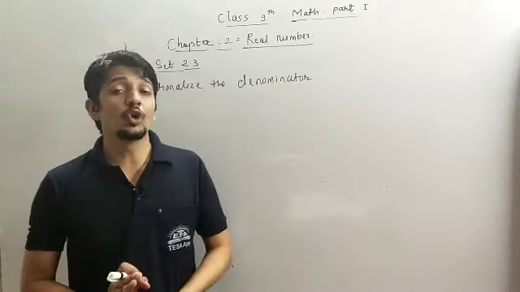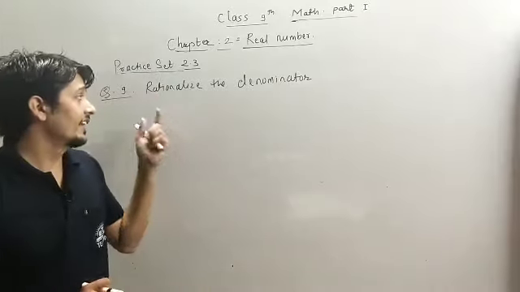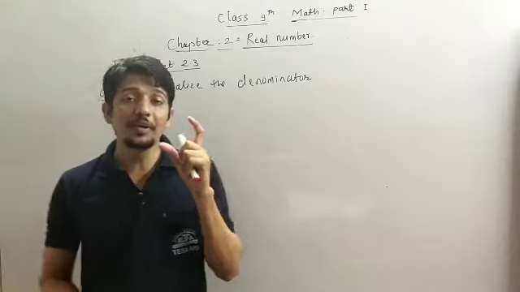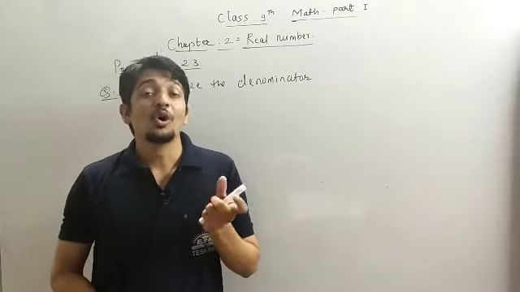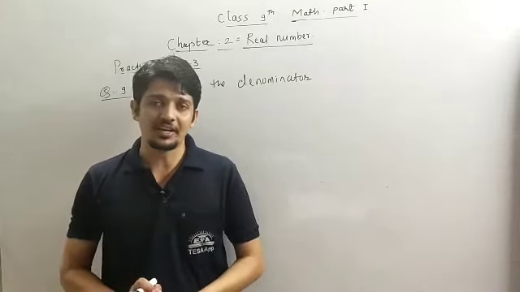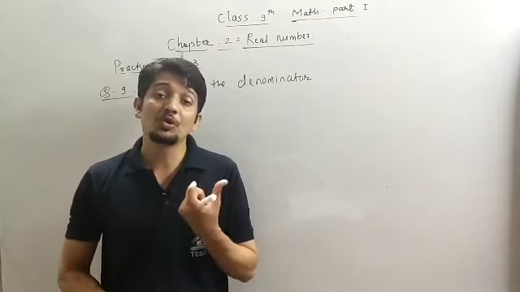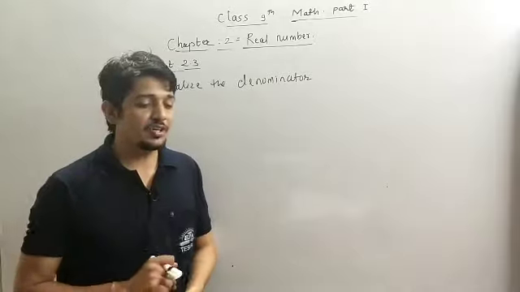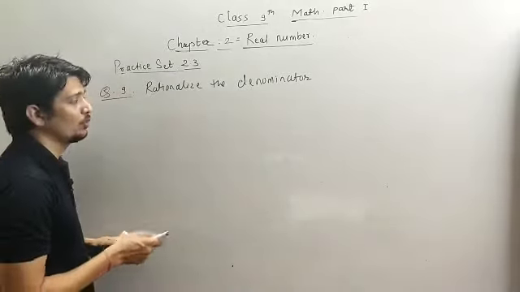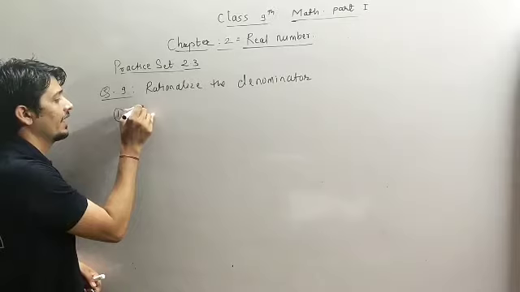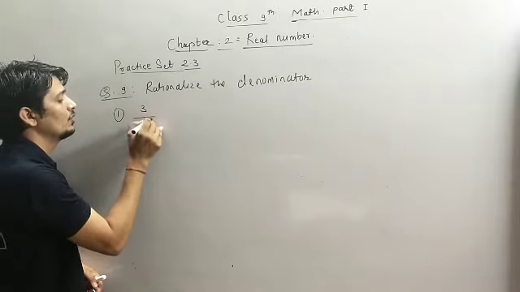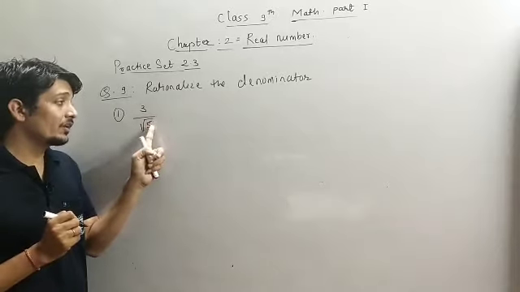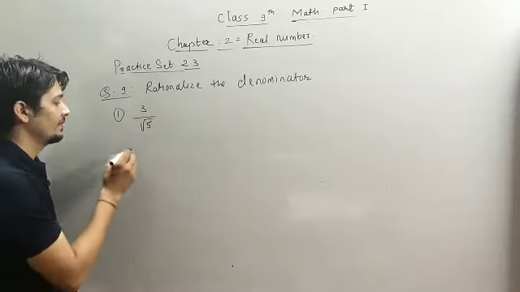So now we are going to solve the 9th question. It says rationalize the denominator. मीन्स जो डिनोमिनेटर में जो नंबर रहेगा उसको रेशनल नंबर के फॉर्म में कन्वर्ट करना है. अगर वो रूट में है तो रूट को हम कर रहे हैं कन्वर्ट इन द फॉर्म ऑफ रेशनल नंबर. ओके. सो फर्स्ट क्वेश्चन वी हैव 3 बाय रूट 5. सो 3 बाय रूट 5 को हमको क्या करना है, इसके डिनोमिनेटर को रेशनलाइज करना है. ओके. सो सॉल्यूशन.